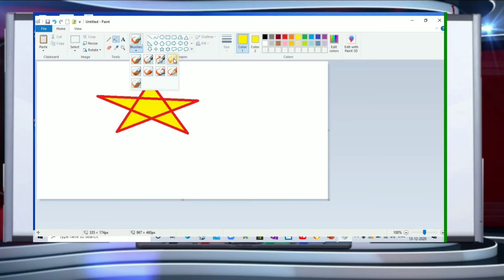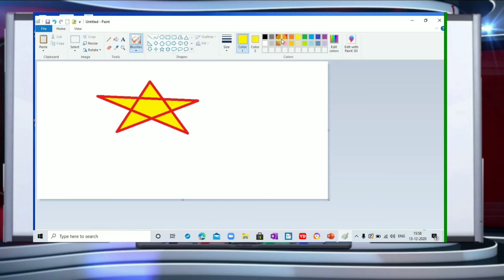So if I use maybe this airbrush, I have chosen this airbrush and again I want to pick up any color. Maybe I want to pick up green color or any other color, whichever color I want. I can use that spray wherever I want. Whichever way you want to draw, whichever way you want to create a texture, in whichever form you want, you can use this brush.